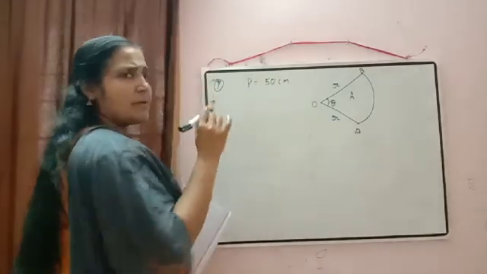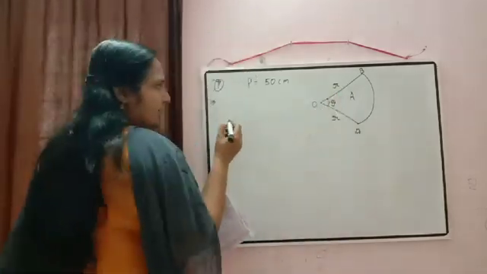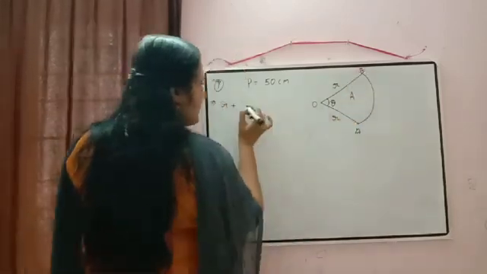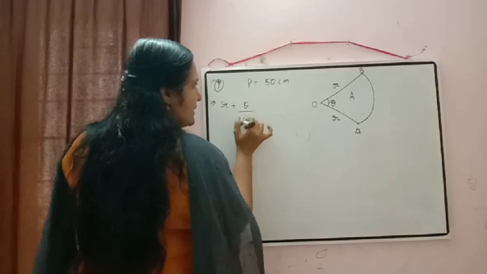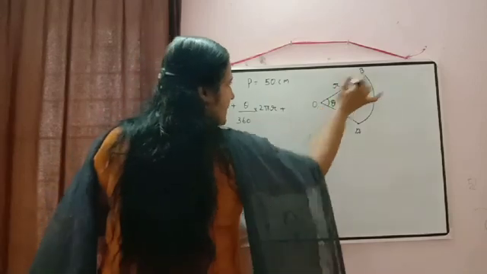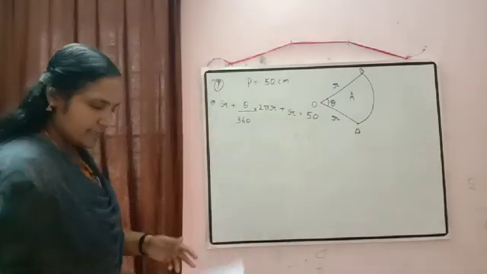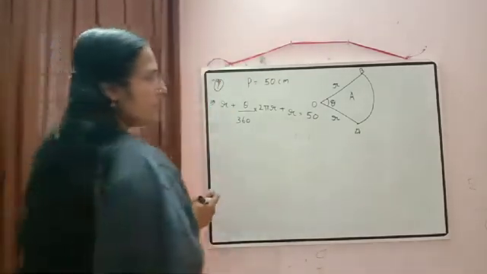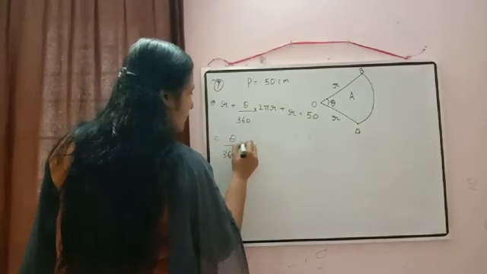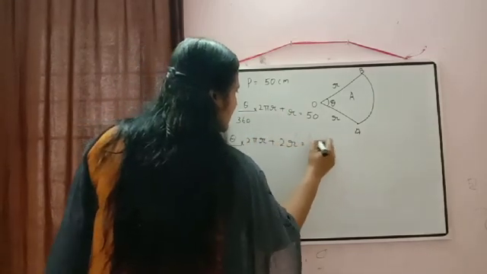And what is the formula for perimeter of sector? Yes, perimeter of this sector means length of the boundary, that is equal to OA, that is the radius, plus length of the arc AB. So according to the formula, theta by 360 into 2 pi r plus OB, that is also equal to radius, is equal to 50, which is given. So from here we will check what will be the value of theta. So here theta by 360 into 2 pi r plus 2r is equal to 50.